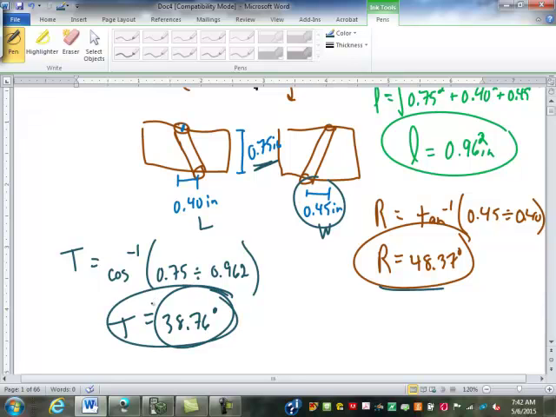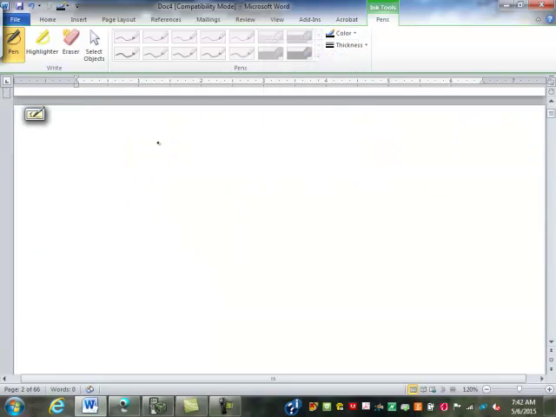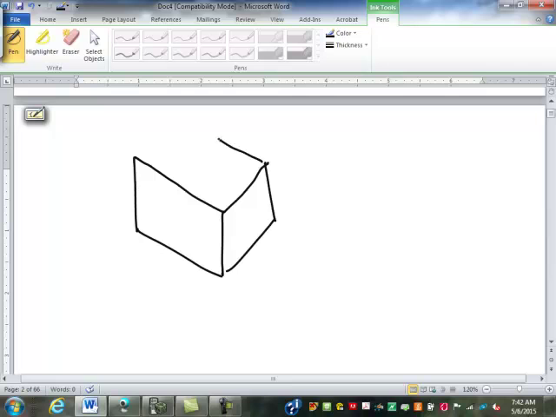Okay. So now I'm just going to draw out the part with the hole in it here. Again, we are going corner to corner in our box. Rotation and tilt. But this time, if I look at it from the front view,